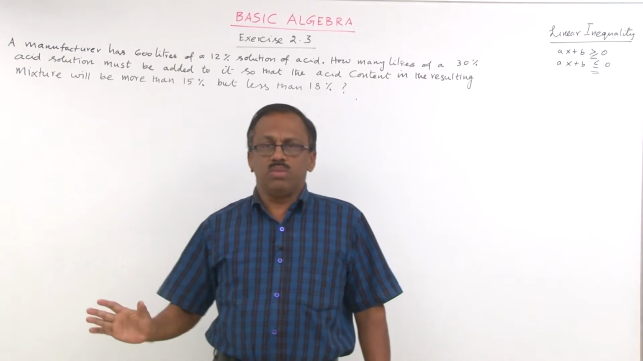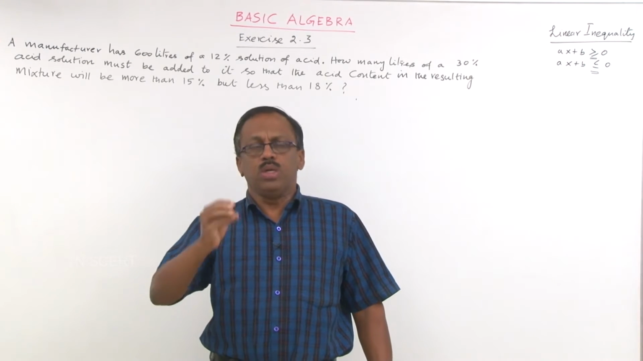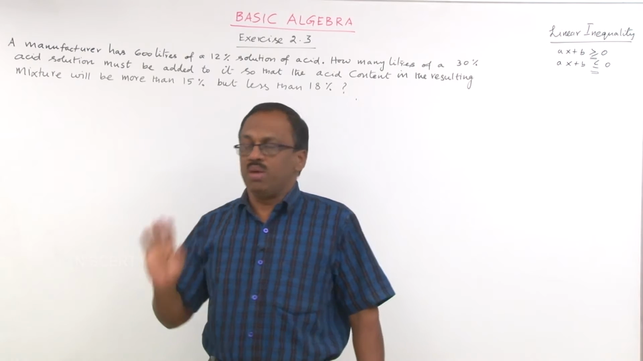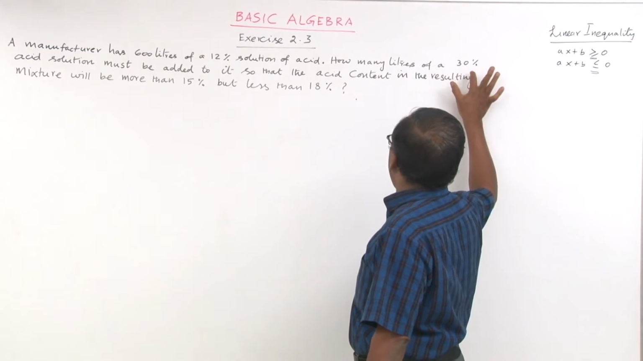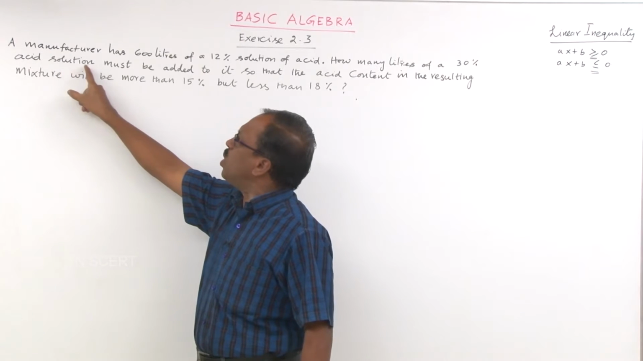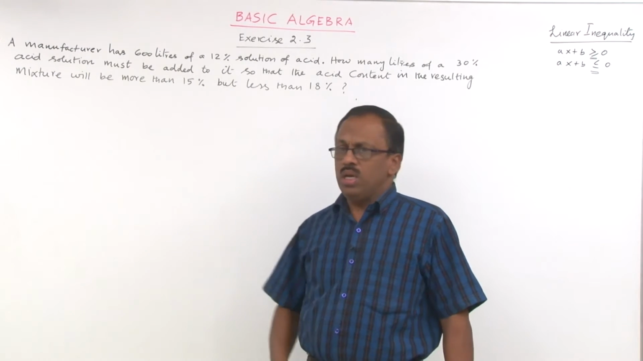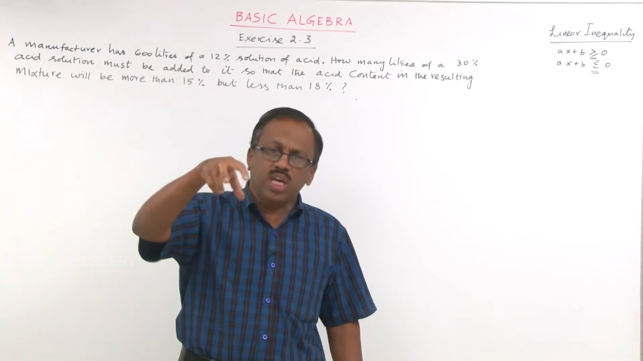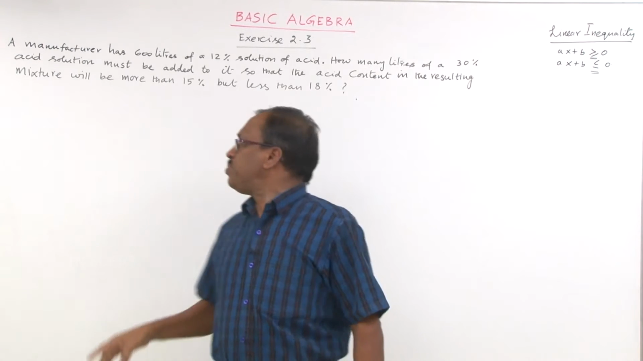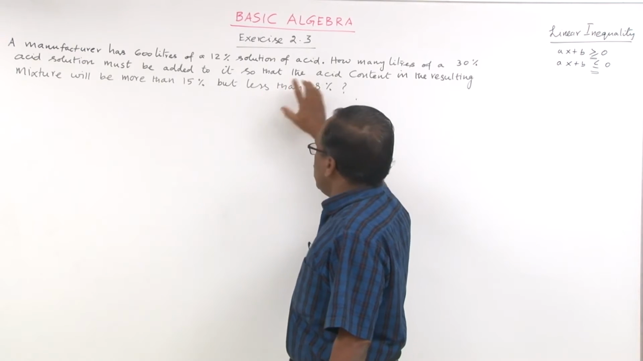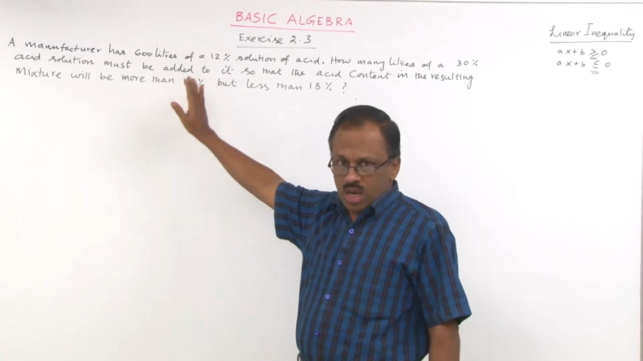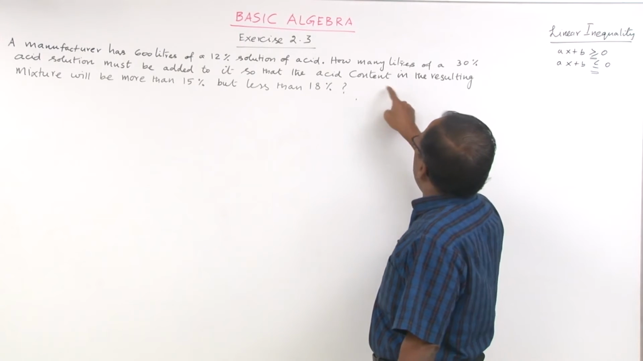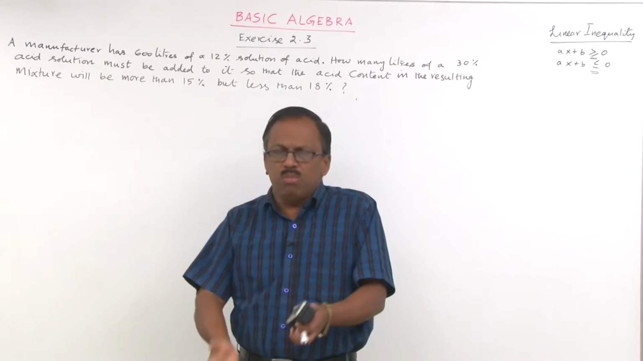First read out the problem. I just wish you to understand the problem thoroughly, then only you can solve the problem in an easy way. Now, the second part: how many liters of 30% acid solution must be added to it? The manufacturer is adding 30% acid solution to the actual solution he made, so that the acid content in the resulting mixture